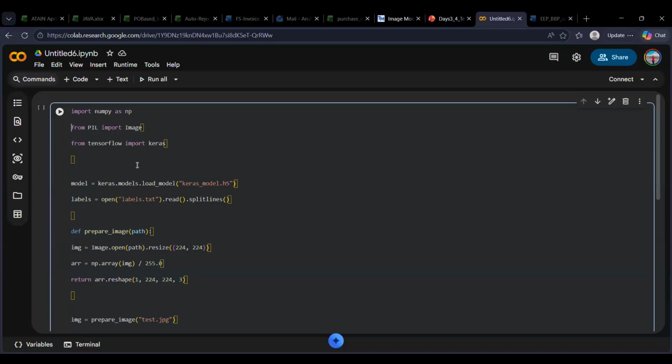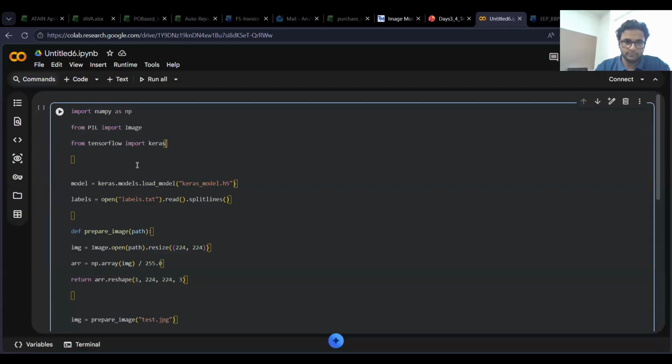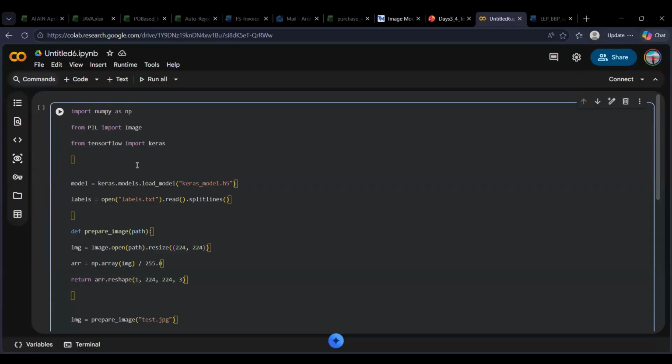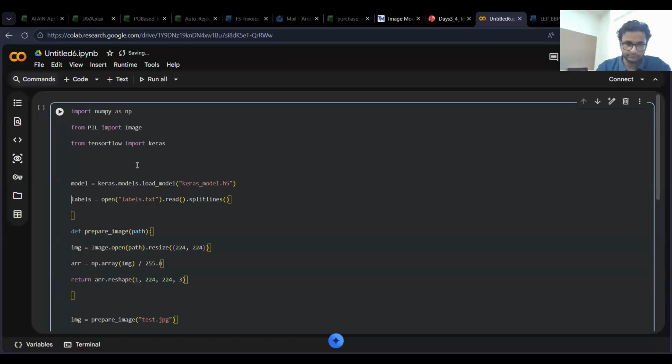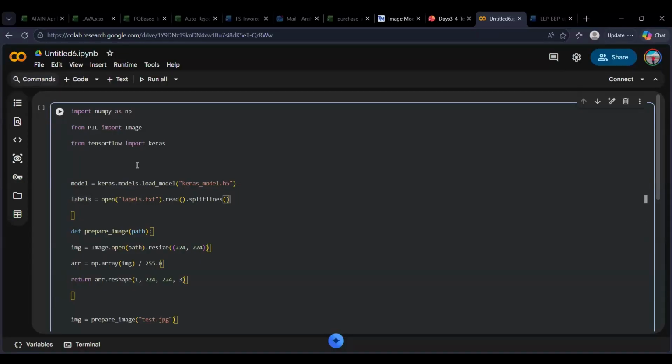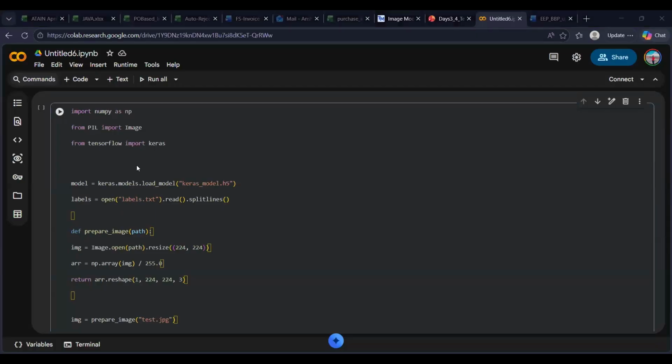Sir, you are loading an image AI generation model. Okay. Sir, shall I say? Yeah, sure. Go ahead. Sir, in the first line, you are importing the NumPy library as np, and in the second line, you are using a library called PIL and importing it as Image.